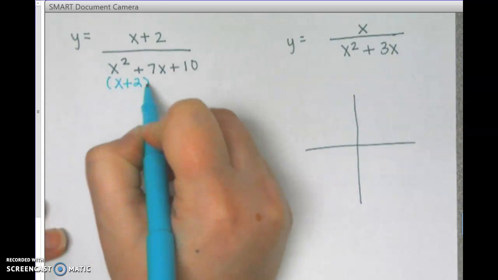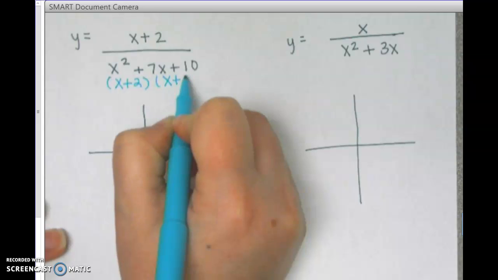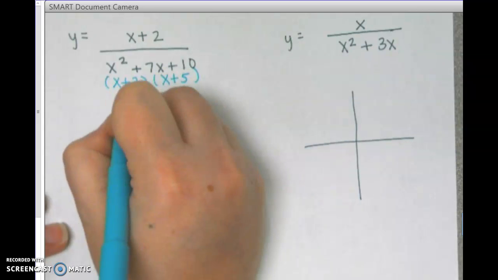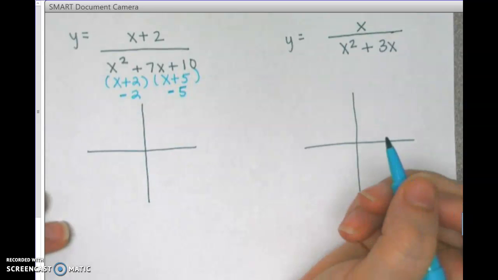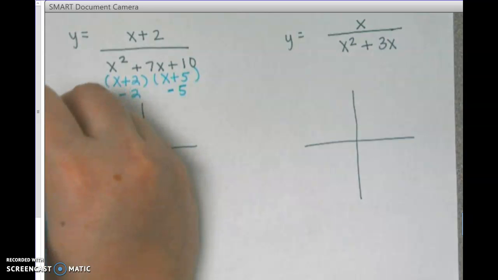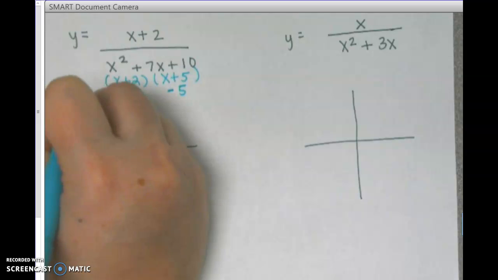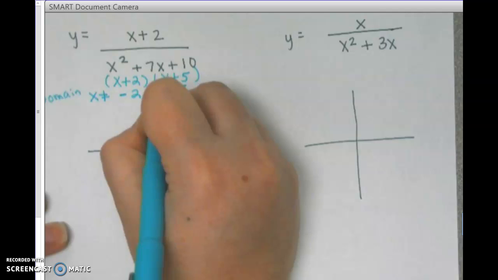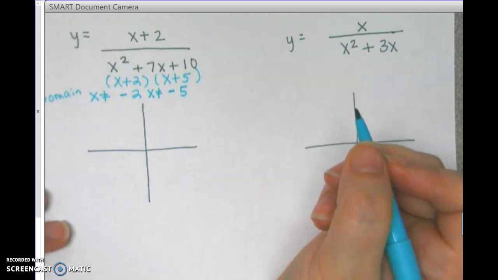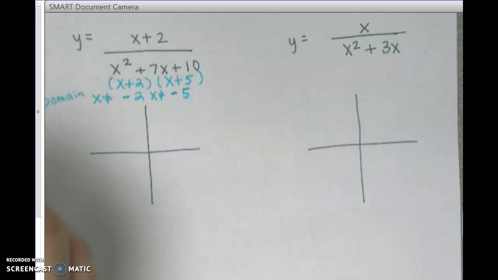That's going to be x plus 2 and x plus 5. So I know -2 and -5 for my domain. I know x cannot equal -2 and x cannot equal -5. But for my range,